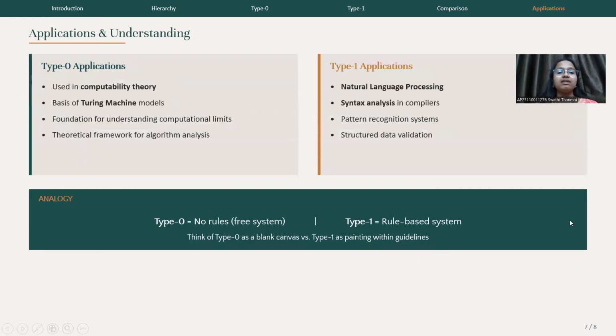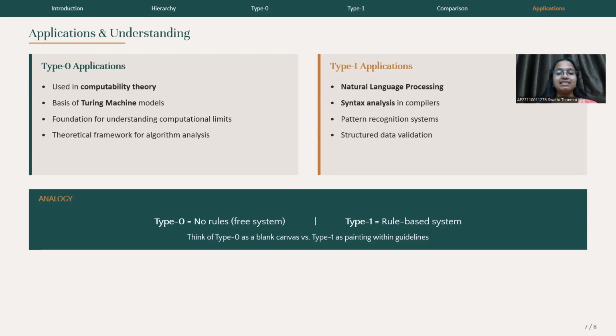So now, diving into applications. Let's see the applications of these grammars. Type 0 grammar is mainly used in computability theory, in understanding the limits of computation. It is the basis of Turing machine models. Type 1 grammar is used in natural language processing, compiler syntax analysis, pattern recognition, and structured data validation. A simple analogy: type 0 is like a free system with no rules, while type 1 is working